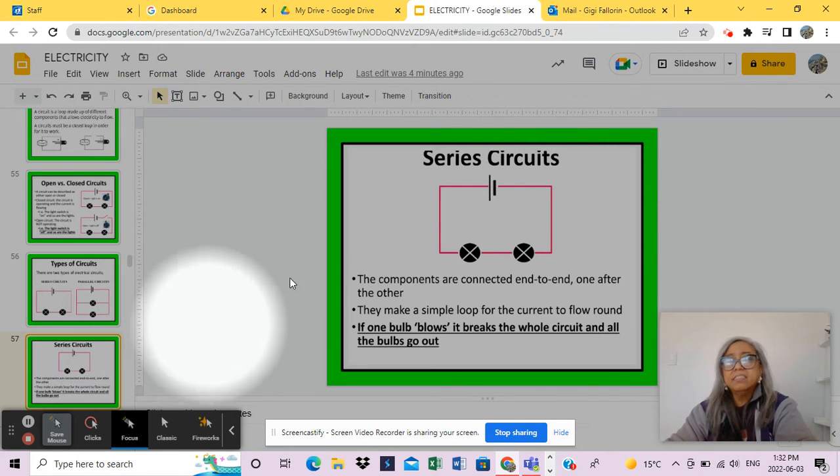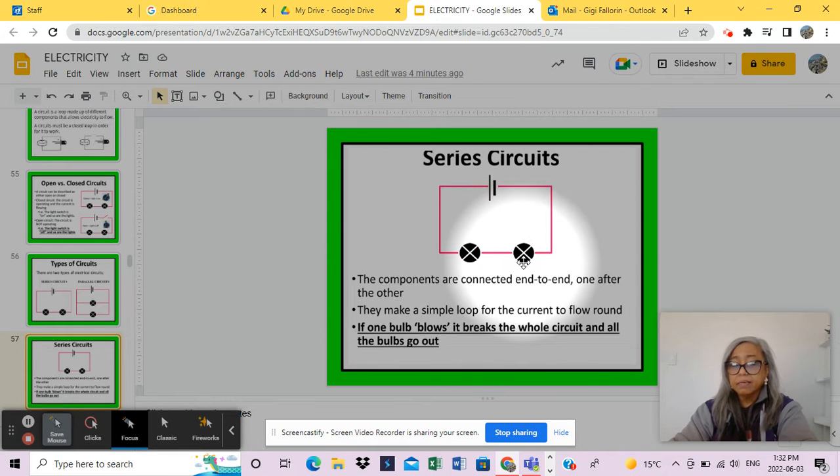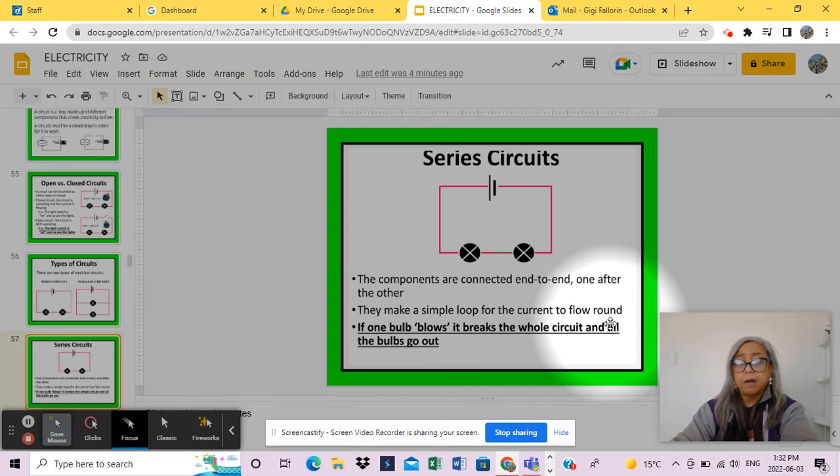Now with the series circuits, this one, the components are connected end to end, one after the other. They make a single loop for the current to flow around. If one bulb blows, it breaks the whole circuit and all the bulbs go out. So if this one blows or it breaks, then the whole circuit is affected and the whole line of bulbs